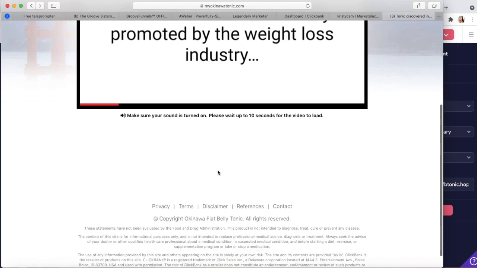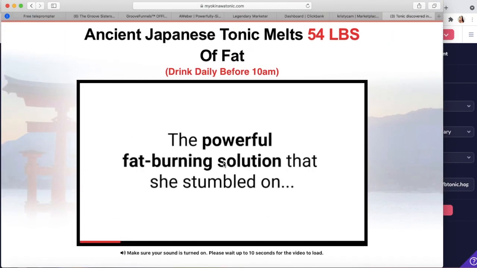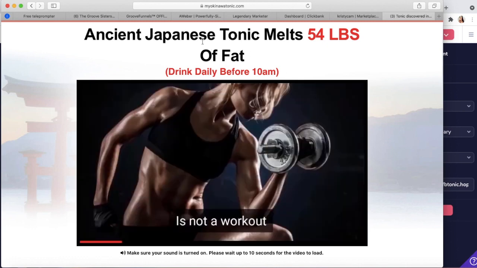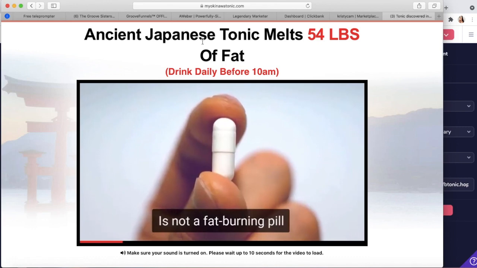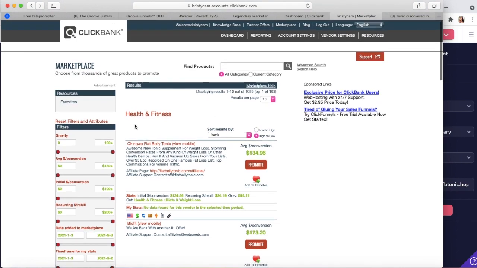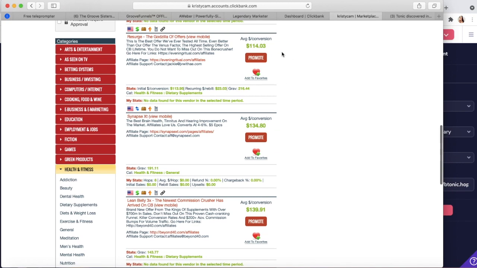So anybody that makes the purchase inside of this now, today, next week, next month, will always come back through to your affiliate link. So you will always get that commission. So that's a bit of an intro on the marketplace in ClickBank. So again, choosing your niche, choosing your product, and then getting your hop link and taking it over to your